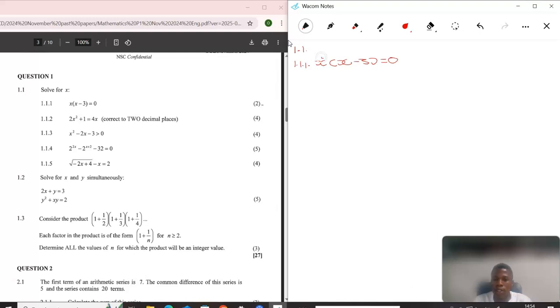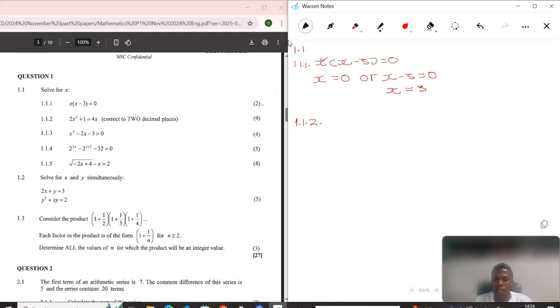So when I say this, x must be equal to 0, or everything in the brackets. You take everything in the brackets and you equate it to 0. Therefore you say x minus 3 must be equal to 0. Therefore you transpose that 3, and you get x is equal to positive 3. Okay, fine. We go to